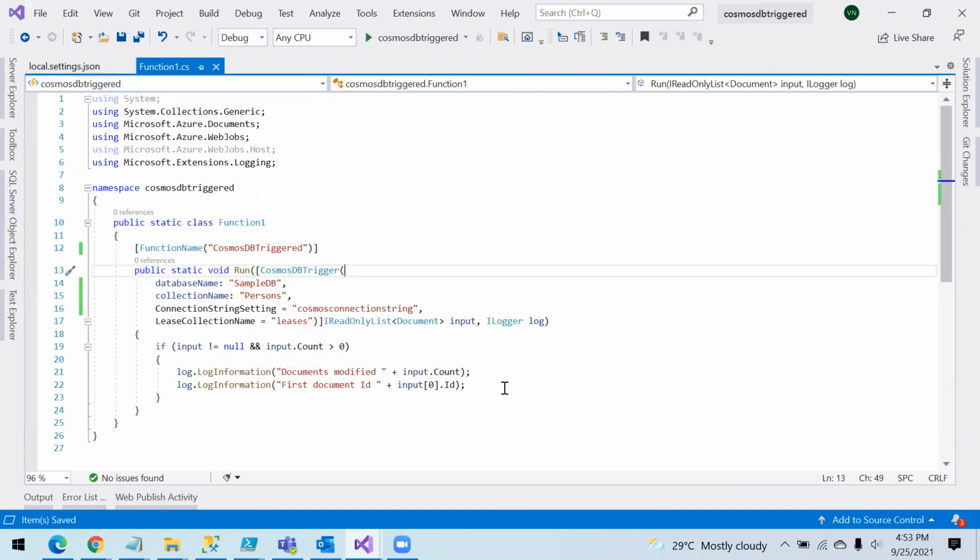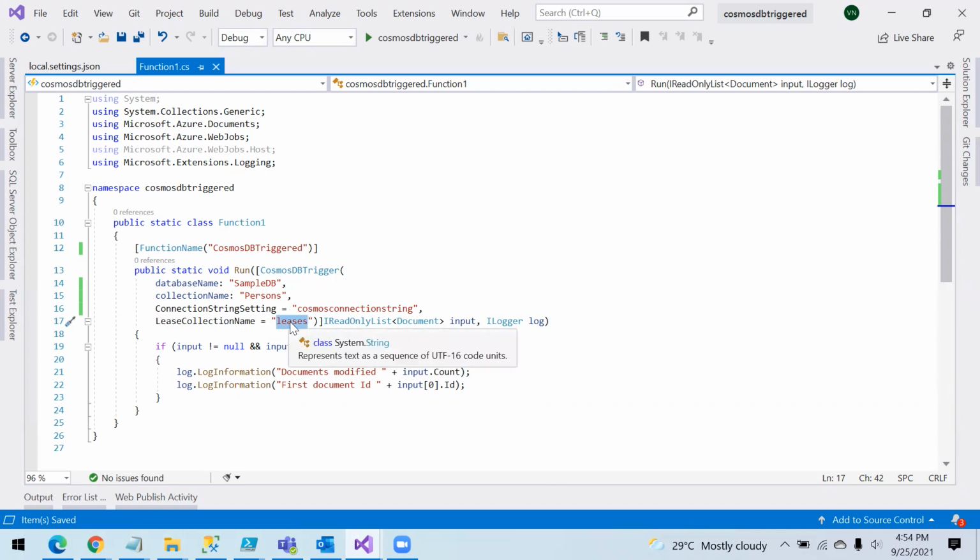So we have the connection string now and the triggered function here. If you look at this lease connection, this is where you will have some inputs to trigger your Cosmos DB trigger function. Whenever you insert a new record or modify a record, a new feed will be inserted into this database, sorry, this collection. It is the collection that you need in your database. Then only this function will be triggered.